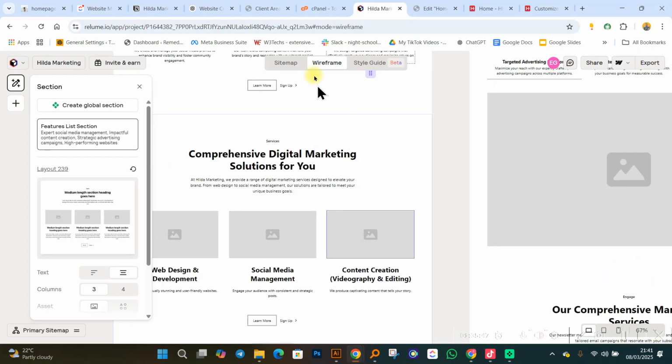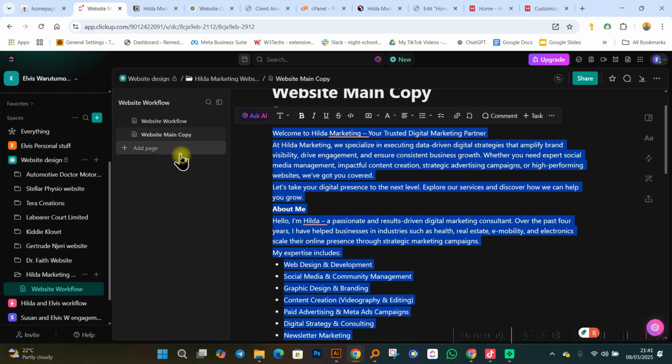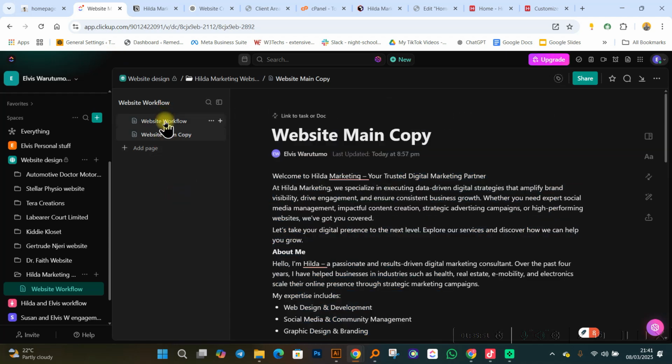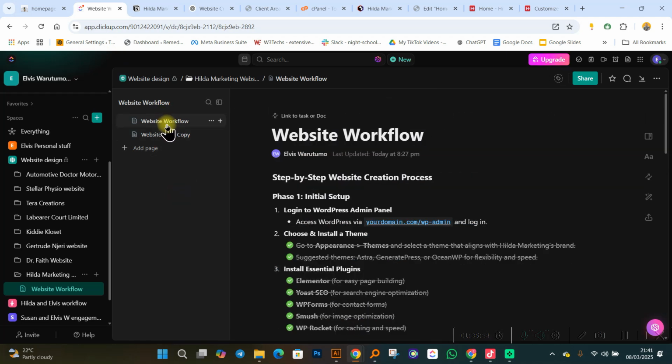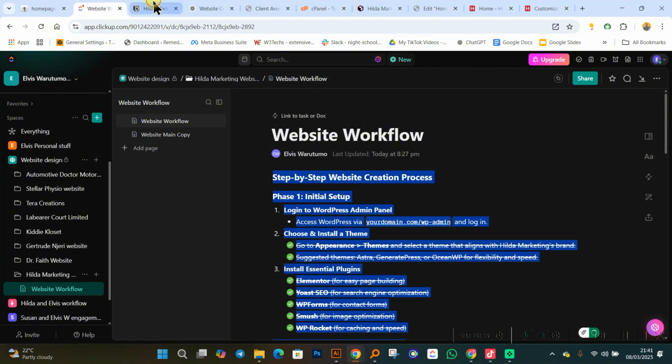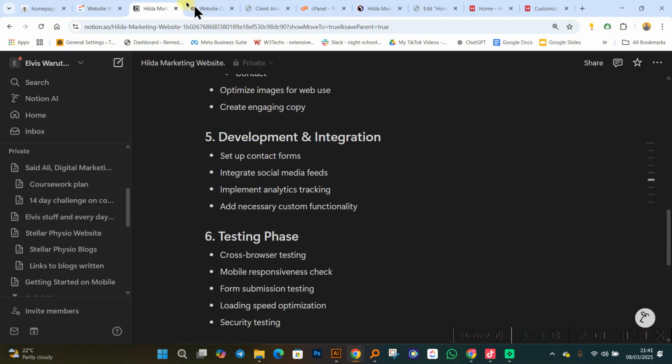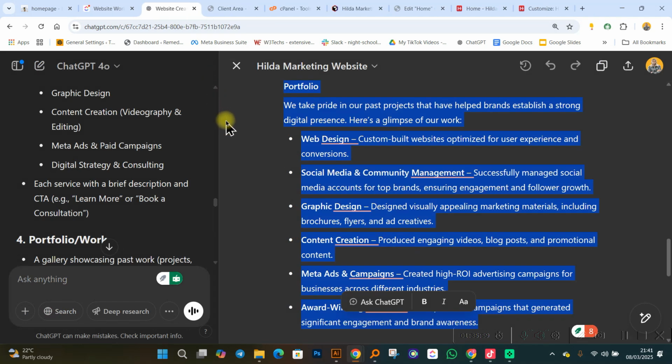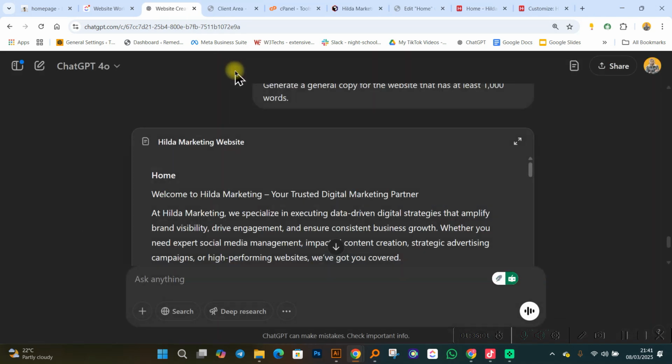Like you can see, Relume, how to manage your projects and basically create like a website workflow when you're doing your work. Yeah. How to use tools like Notion. All these are things that you can actually get to learn and stay ahead. ChatGPT. Very easy things to learn that can actually help you fulfill. Like if you've always wanted to learn web design.